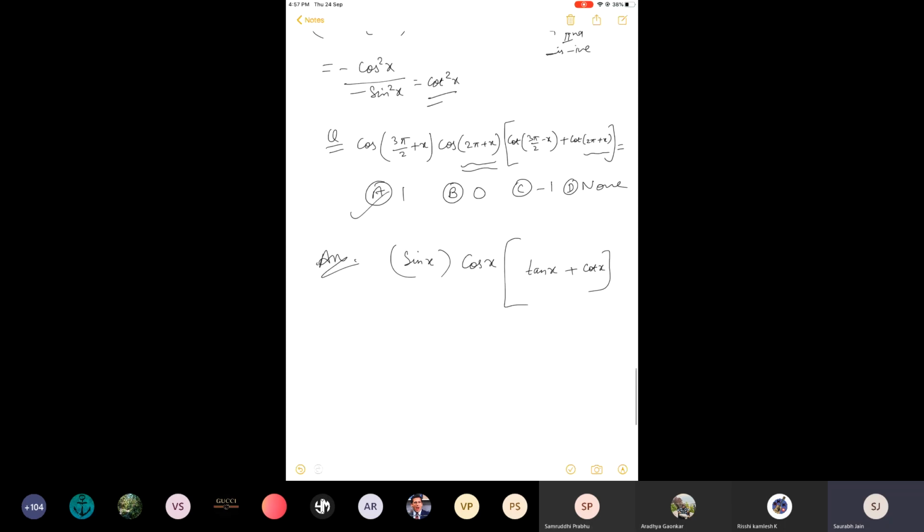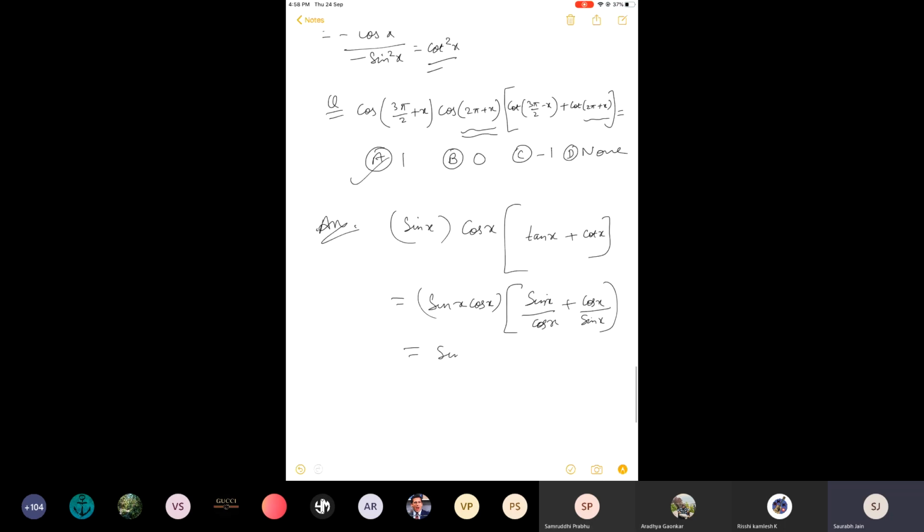And then now what to do? If you have a look at the options, you see that answers are coming in terms of numbers like 1, 0, -1. So you cannot say that this is the answer and that none of these will be the answer. You should use the results that you have already studied in class 10. If you are not able to proceed any further, then at least try to change every term in terms of sine and cos, because these are the base functions. All others have been derived from there only, and you will get the answer 1 in the next step.